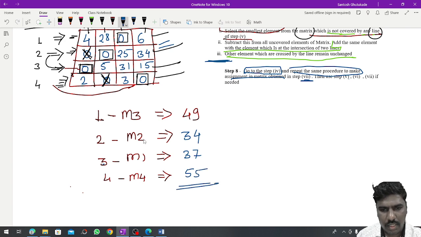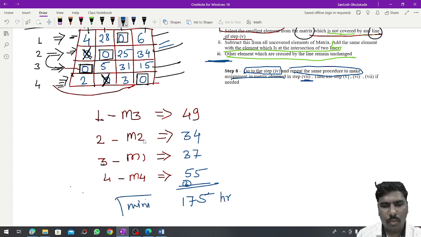If you make this addition, it is 175, given in hours, so the minimum time is 175 hours.